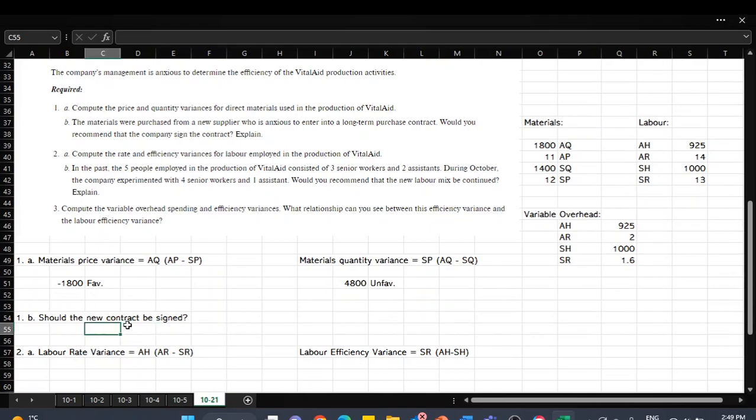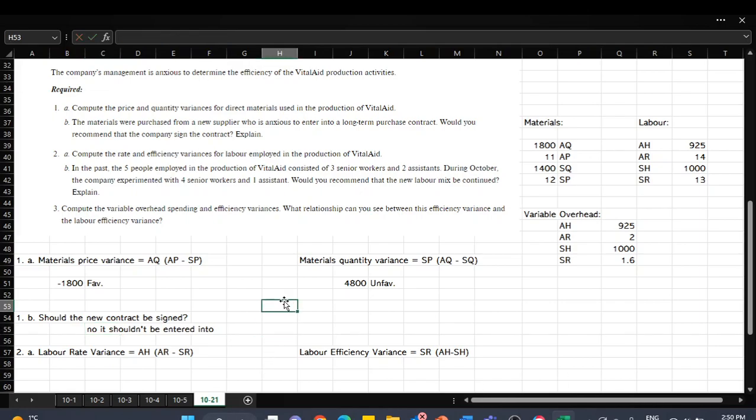So should this new contract be signed? I would say that no, it probably shouldn't be signed, okay? Even though our price is $1 cheaper than the standard, we are using far more of the product, right? So if we have to use more, even though it costs less, we're not actually saving any money. Okay, so no, it shouldn't be entered into,